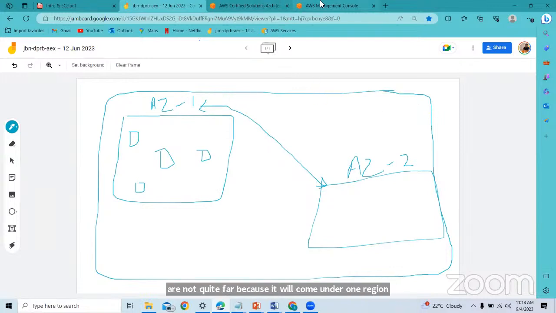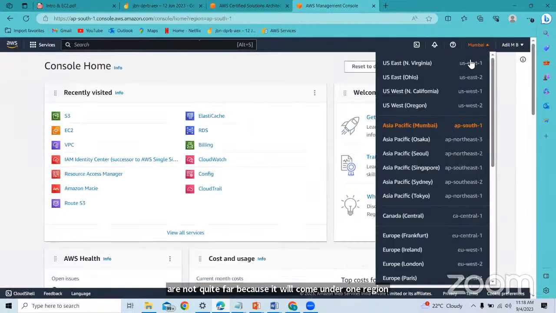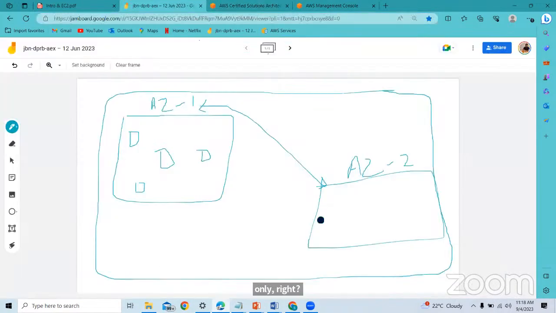If you see this management console, it should be in the Mumbai region, in India only, somewhere here. But you should make sure that one availability zone will always have multiple data centers, and each region will have multiple availability zones. In the console, what we are choosing is the region.